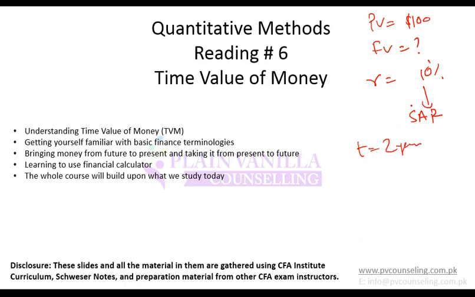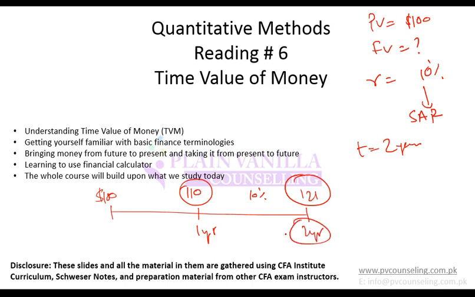So this meant that you will get 10% at the end of the first year, then you will again get 10% at the end of the next year. So annual compounding means if I invest $100 as of today, I will get 10% return at the end of the first year, which means 100 into 1.1, which becomes 110. And now I will reinvest this 110 and I will again get 10% return on this 110. So it becomes 110 multiplied by 1.1, which is 121 at the end of 2 years. So this means that compounding is annual, that is, at the end of every year I get the return compounded.